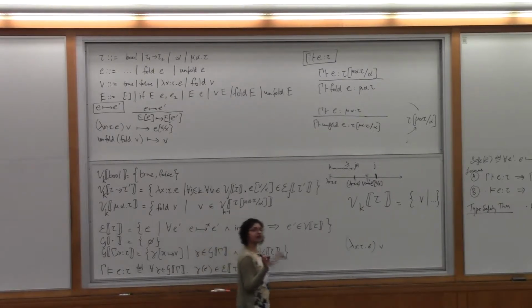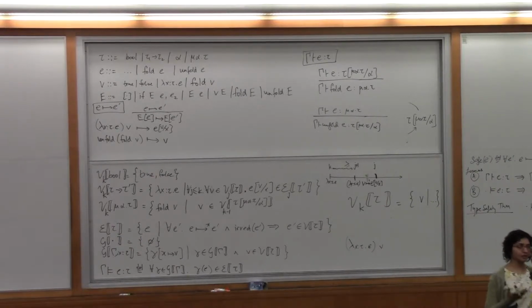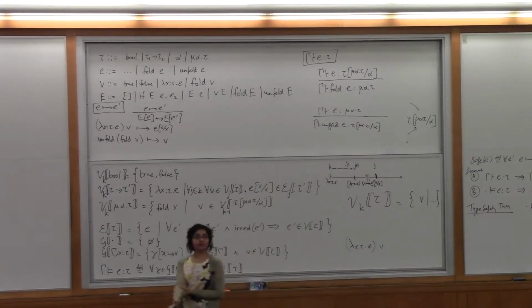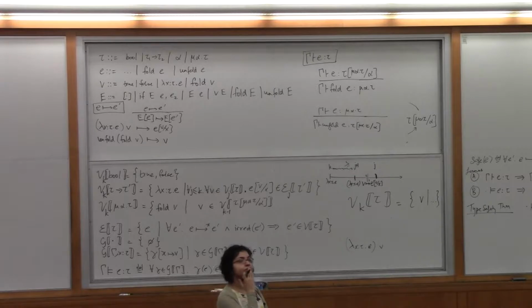See, so what have I done? My type got bigger, but I don't care anymore because my outer induction is now on this number. Right? So this relation is now well-founded. It's inductively well-defined because it's defined first by induction on this step index and then by induction on the type structure. Yes? Can you explain again why with the